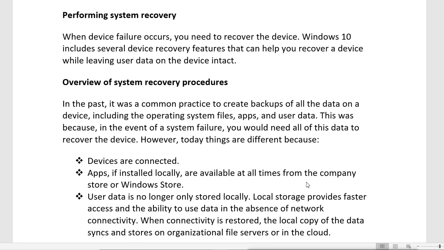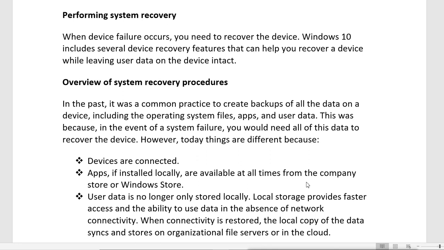So first, overview of system recovery procedure. In the past, it was a common practice to create backups of all the data on a device, including the operating system files, apps, and user data. This was because in the event of system failure, you would need all of this data to recover the device. However, today things are different because devices are connected.